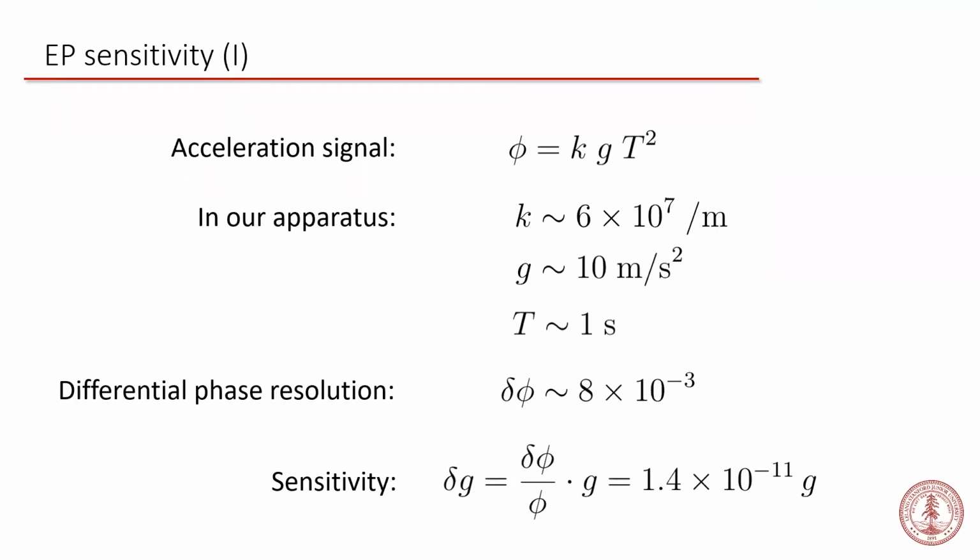Chris, I'm so sorry. What is it that sets k? So k is set by the lasers. If you just imagine a simple interferometer where you have a single laser pulse that splits the momentum of the two arms, then k is just the magnitude of the wave vector of that pulse. In our large momentum sequences, since we use multiple pulses to increase the wave packet separation, k effectively gets larger linearly with the number of pulses. We've increased the beam splitter momentum.